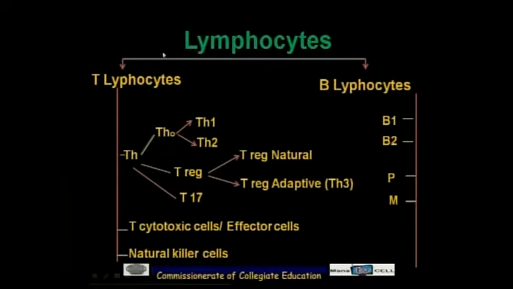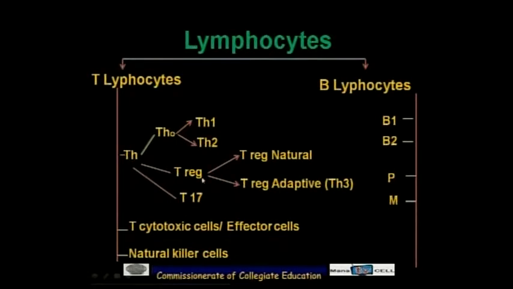When you look into the lymphocytes, based on their function there are two types, T lymphocytes as well as B lymphocytes. T lymphocytes, again based on function, are divided into different types like T helper cells, T cytotoxic cells as well as natural killer cells. These T helper cells undergo differentiation. After activation, they are converted into T helper naive cells, and these naive cells can be differentiated into T helper 1 and T helper 2,